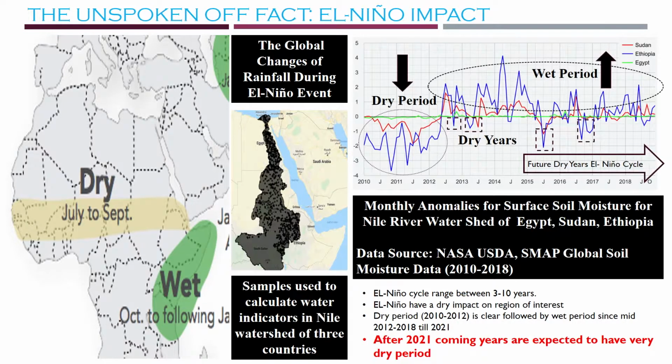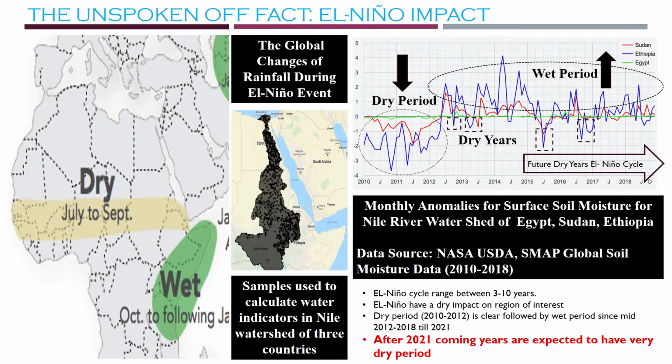Later on, starting 2012, you see a lot of peaks, and of course, you see some dips, because it is a non-stationary process. It will not be similar every single year. You're going to have outliers. One of them is like 2015, which is a massive El Niño, and you can see the drop in the precipitation and the soil moisture, but the whole period is a wet period. If you count the years, it's going to be around 7-8 years. So by the end of 2021, 2022, I would say that will be the end of the wet period.